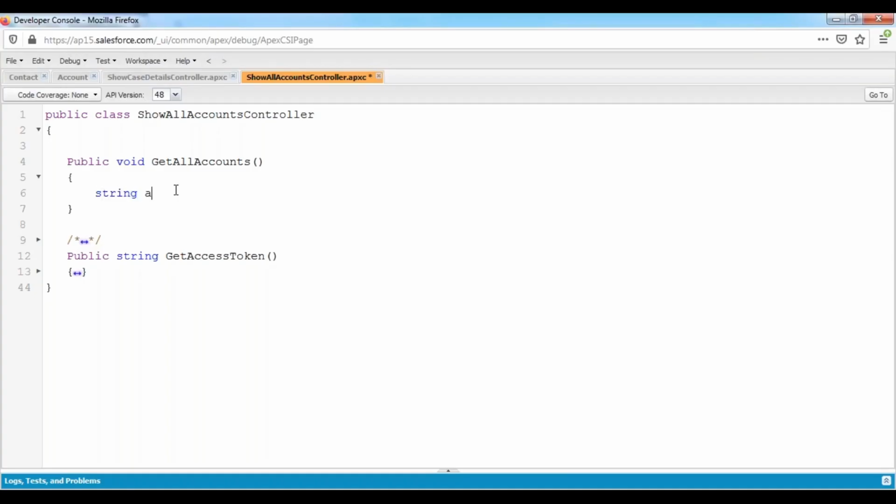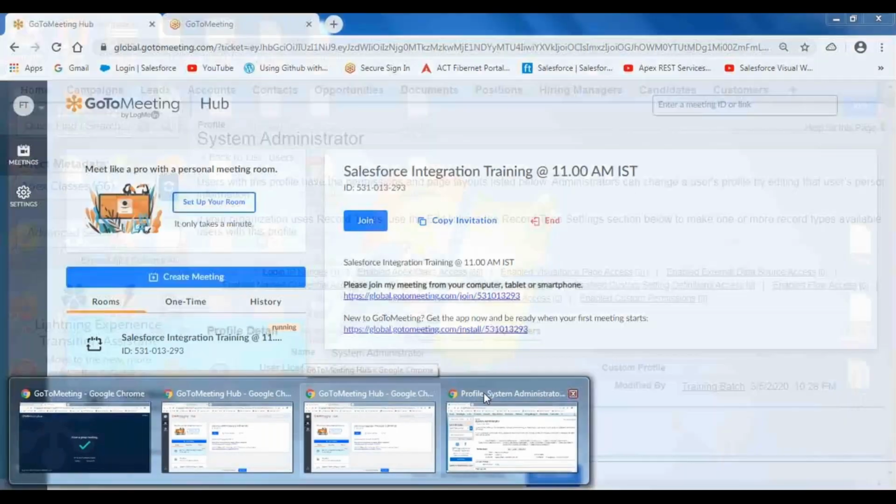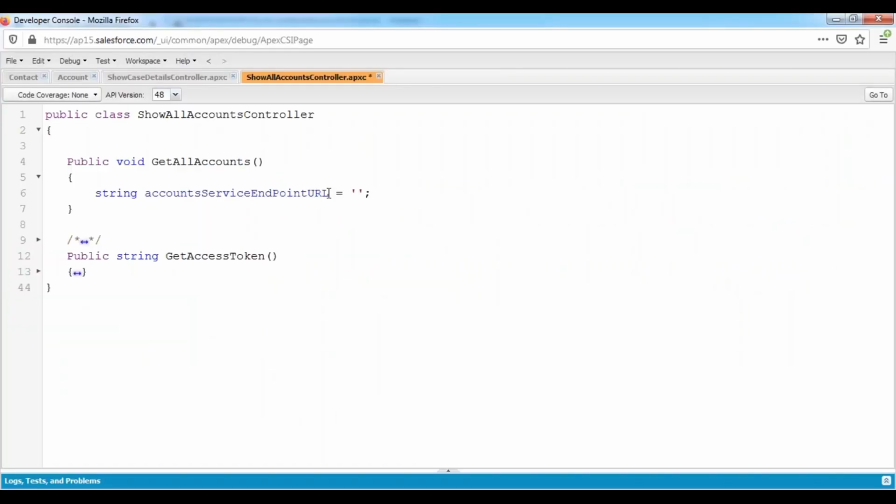String accountsServiceEndpointURL. So what is the accounts service endpoint URL? We have just copied it. This is the endpoint service URL. Now what is my service name here in this place? AP16. Okay, so AP16. I'm having the HTTPS